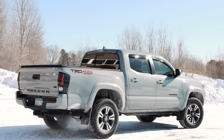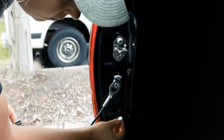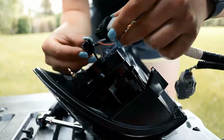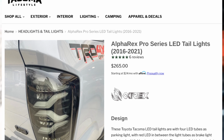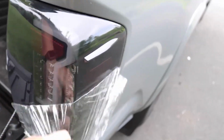I've had them for like a year now, I want to say, and my biggest test was to see if it held through the Minnesota winter. They have so far. I've had no problems, but I got these out of Tacoma Beast. They're no longer on the site. I'm not sure what the deal is, but I might upgrade to the Alpha Rex Pro Series. They're on Tacoma Lifestyle. They look really good, so I'm considering it, but I absolutely love the Windjet taillights that